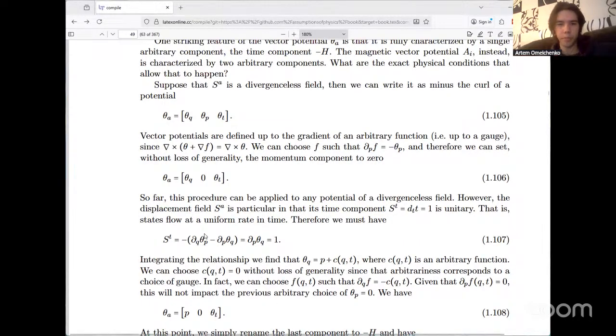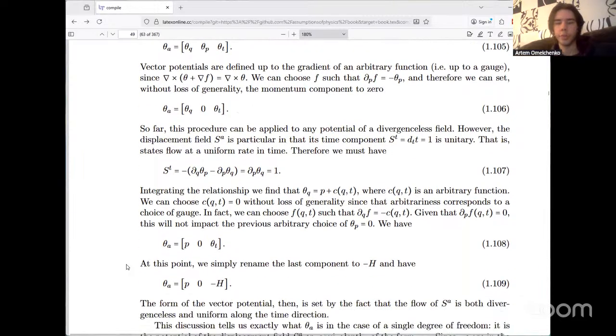Okay. So far, this procedure can be applied to any potential of a divergence-less field. However, the displacement field S^A is particular in that its time component is unitary. That is, states flow at a uniform rate in time. Therefore, we must have,